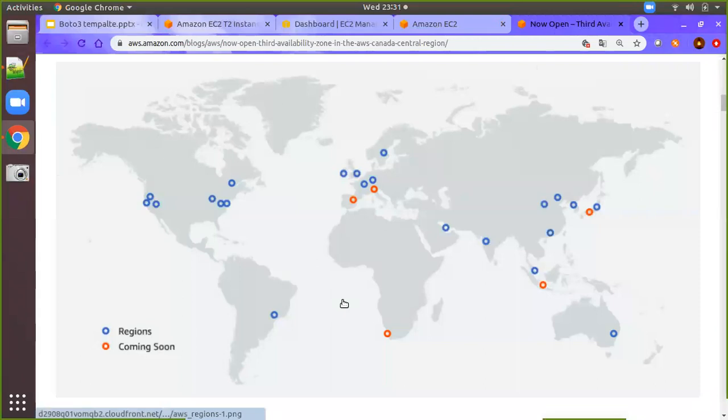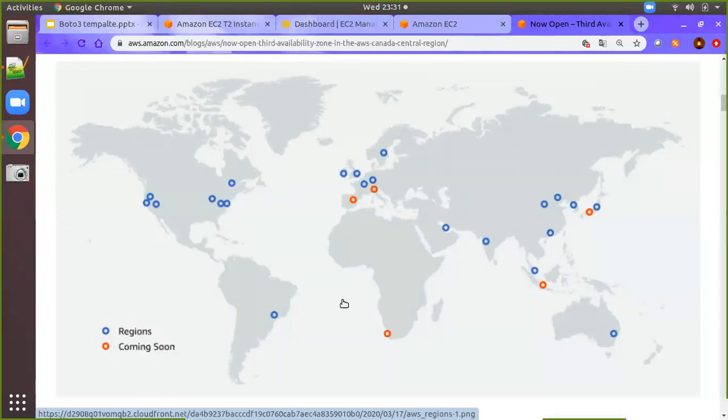There are different regions available, and availability zones will be available inside your region. So whenever you create your instance, it will be inside your availability zone. The zone will be inside your region, so the higher level is regions. AWS has different regions across the world, as you see on the screen. Under the region, there are different availability zones.